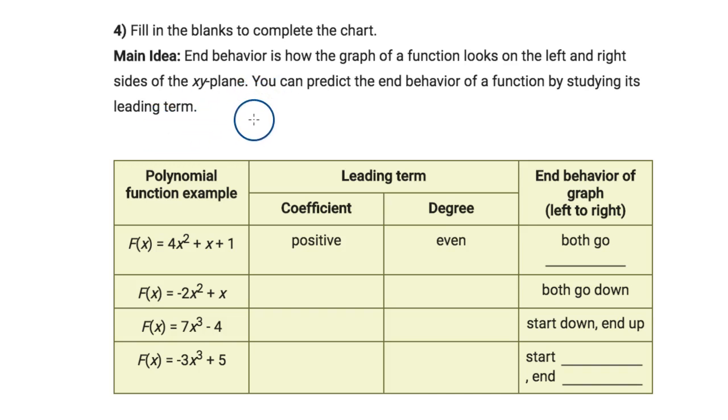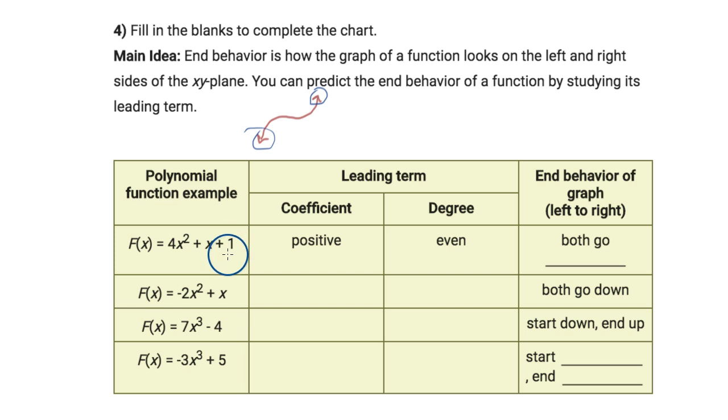Remember that end behavior talks about what is happening to the far left and the far right of our polynomial. We notice that we have some patterns when we look at our leading coefficient or term. So if we take a look at our first example here, which is the f of x equals 4x squared